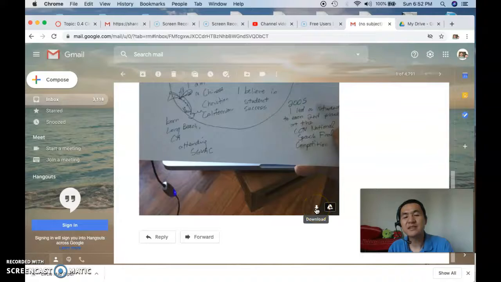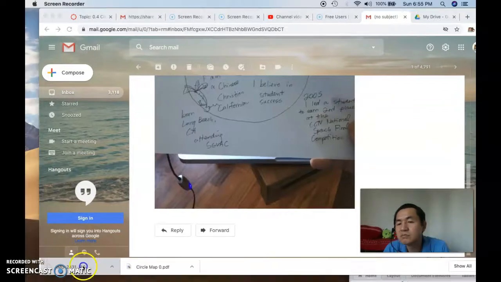It'll take a second, but if you'll notice down here, it'll appear in this lower window as a file that it's downloading. It may take a minute to download. Once it is fully downloaded, you click on it.